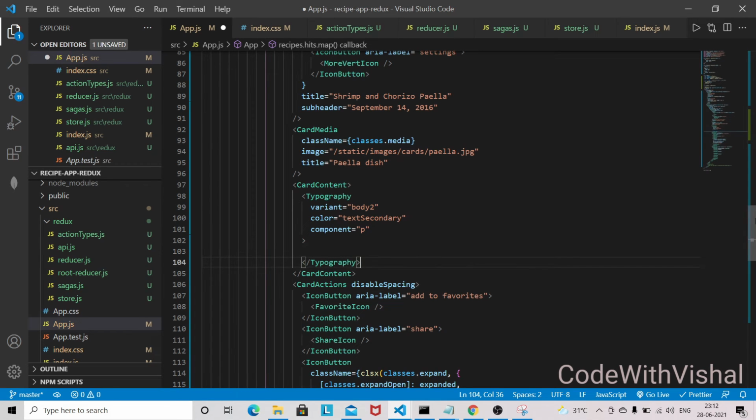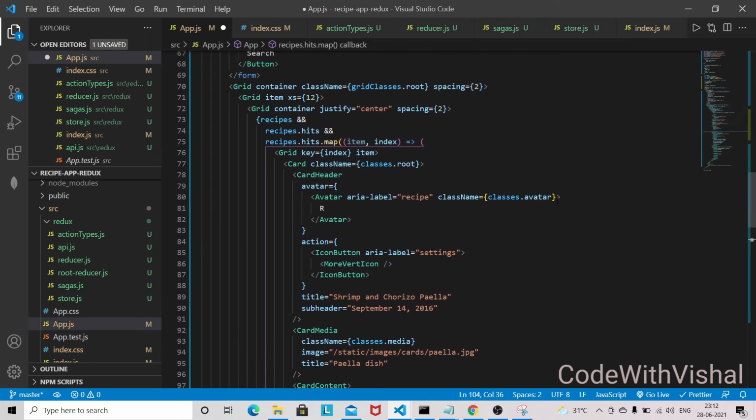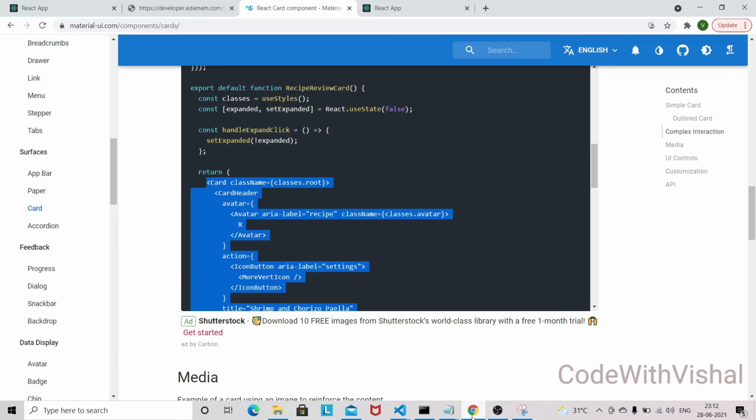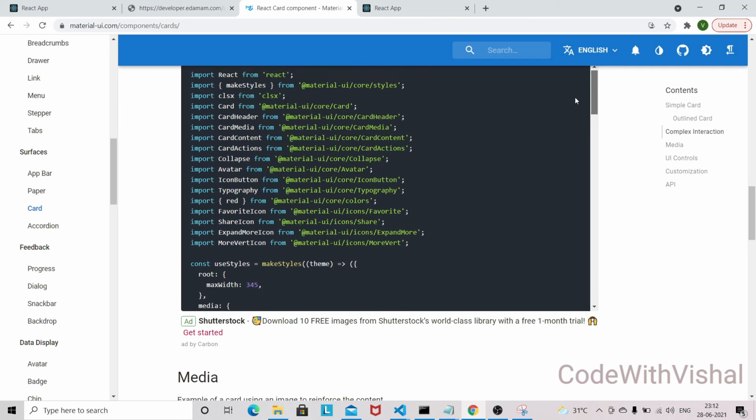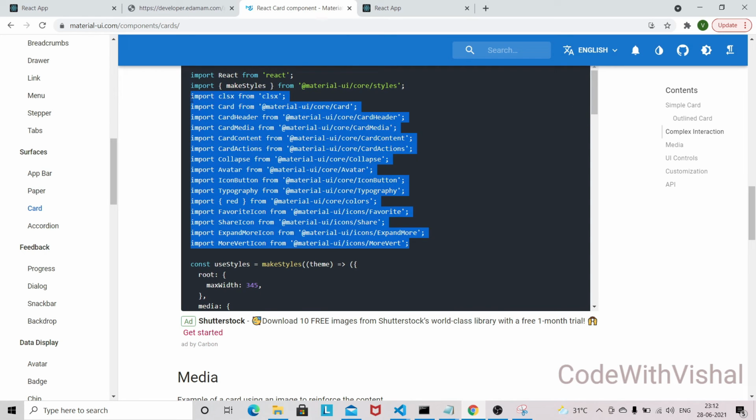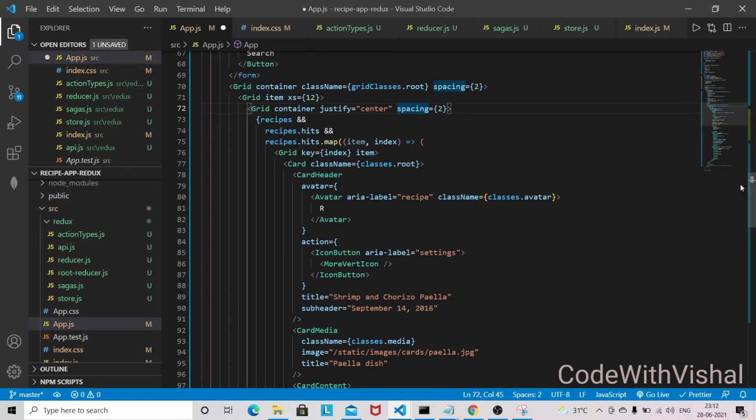Now what we have to do, we have to first import all these components. So I'll be copying everything, and I will just paste it in our component.